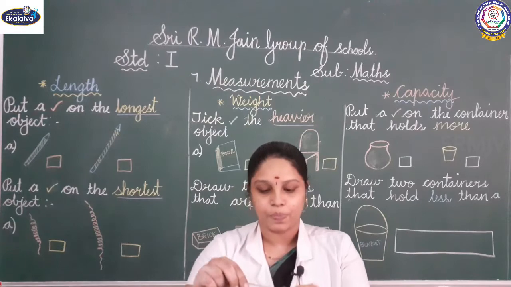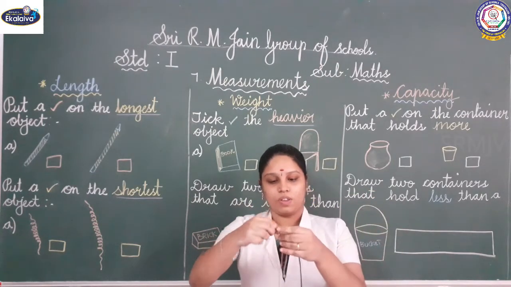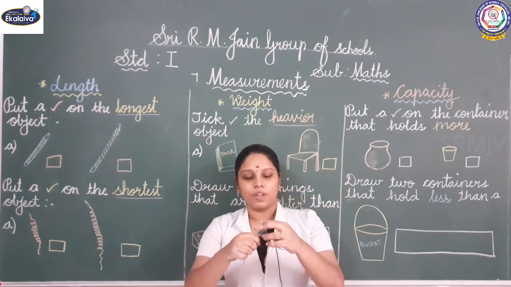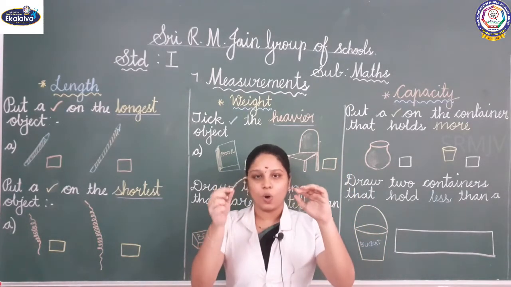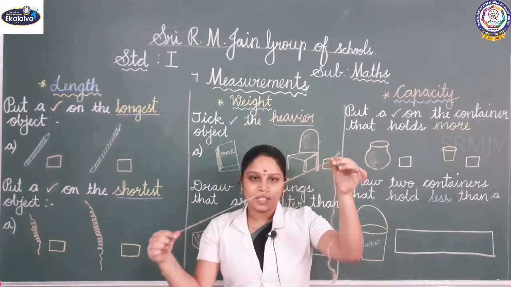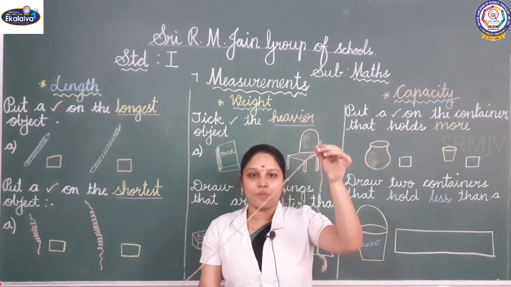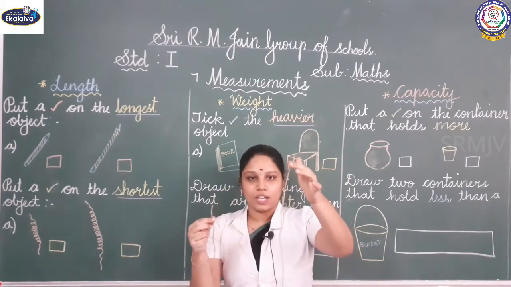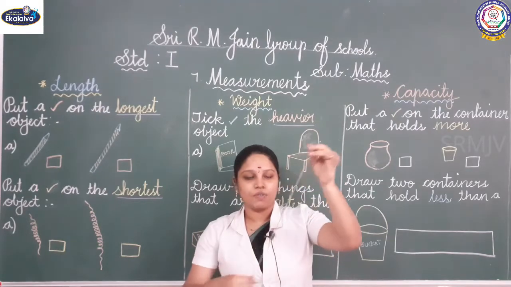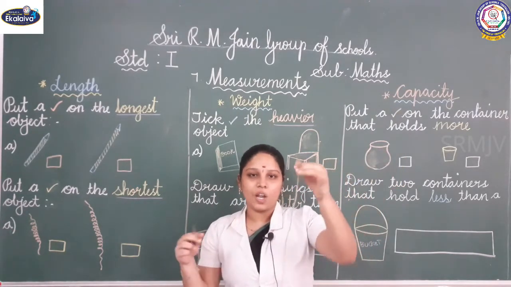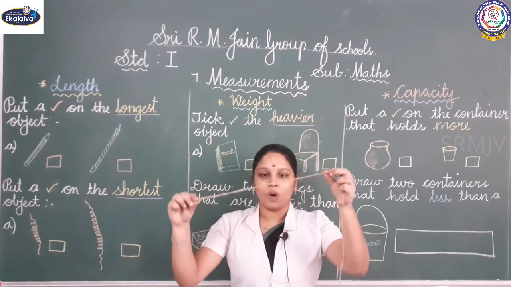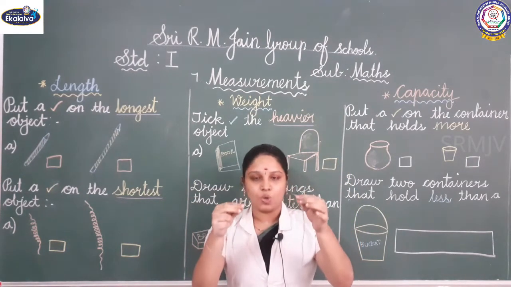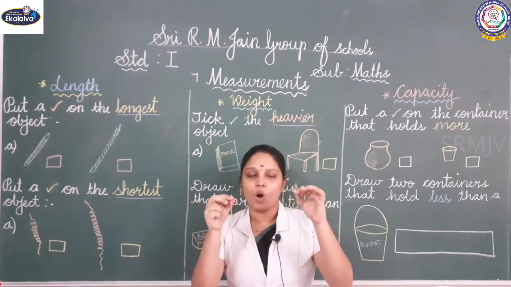Now see, what is this? This is the rope. Now, if you see this object, you can see the length of the object. See, when you are comparing these two things, this is the longest one, isn't it? See this first rope, this is the longest one. When you are seeing the second one, comparing to the first one, it is very short. We know this when we see the length of the object.